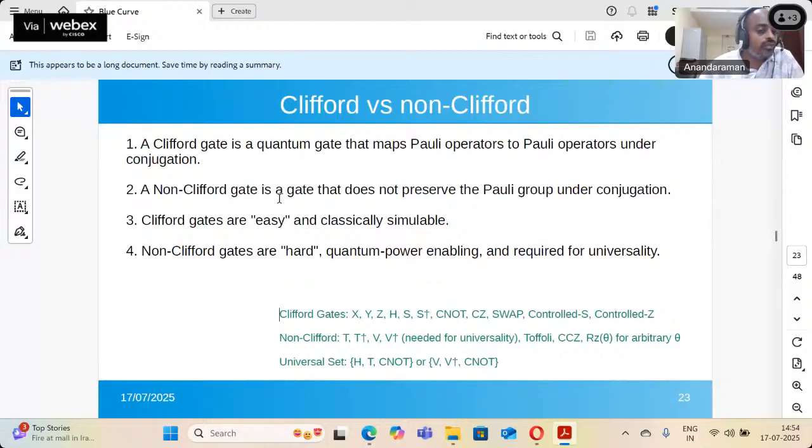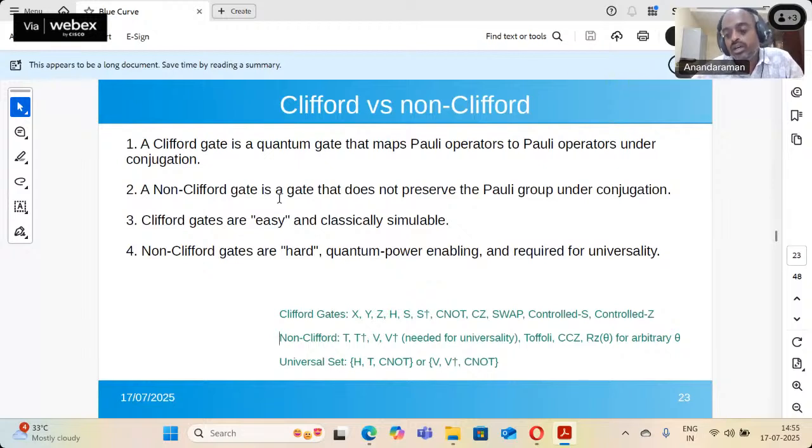Clifford gates are easy and classically simulatable. Non-Clifford gates are hard, quantum power enabling, and required for universality. So these are all the Clifford gates: Pauli X gate, Pauli Y gate, Z gate, Hadamard gate, S gate, S dagger gate, CNOT, control Z gate, swap gate, control S gate. And non-Clifford gates are T, T dagger, V dagger, Toffoli, CCZ (controlled-controlled Z),